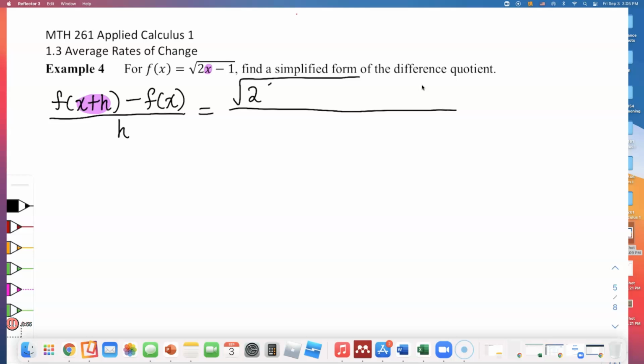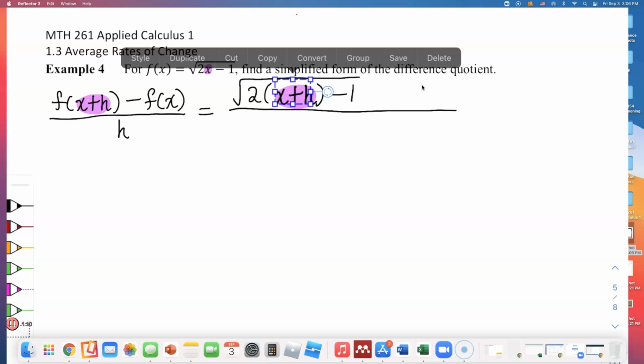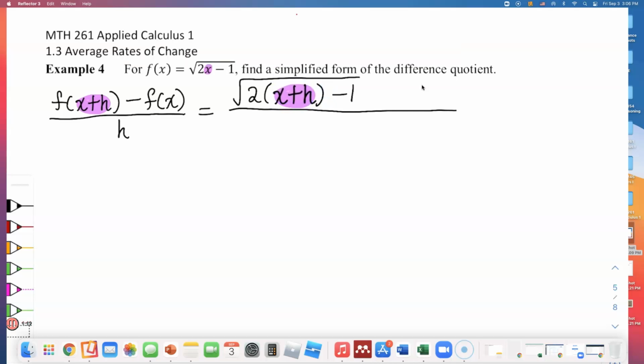Instead of 2x minus 1, I'm going to have 2 times x plus h minus 1, right? So that's what f of x plus h is. And I'll write down minus f of x. And f of x is that other square root expression, square root of 2x minus 1. All right, all over